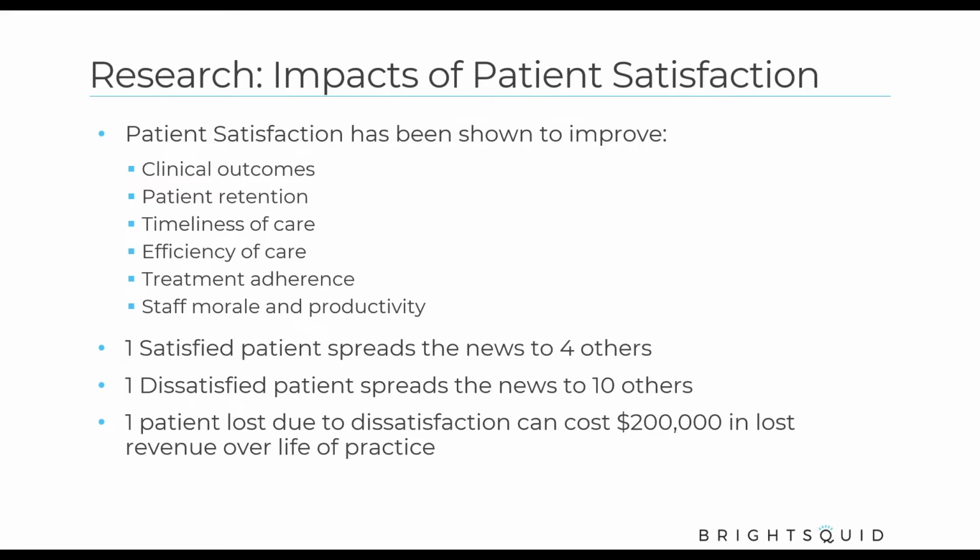So we've all seen these kinds of major bullet points, the information in these bullet points in the past, where one satisfied patient will tell 4 of their friends, but one dissatisfied patient will tell 10. This information dates back to the 1970s. I can remember learning this in college. Not that I went to college in the 70s, but this information is pretty well established and pretty well understood